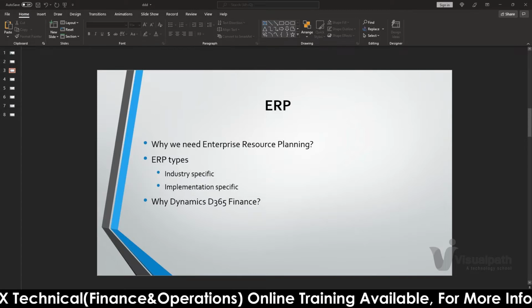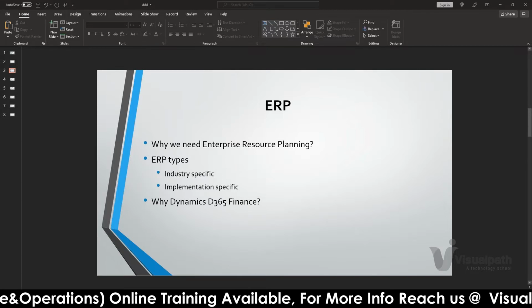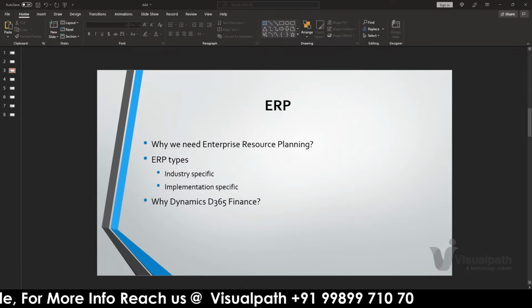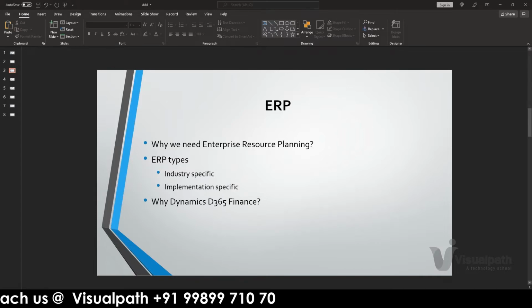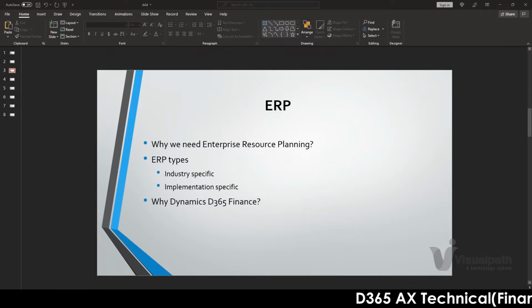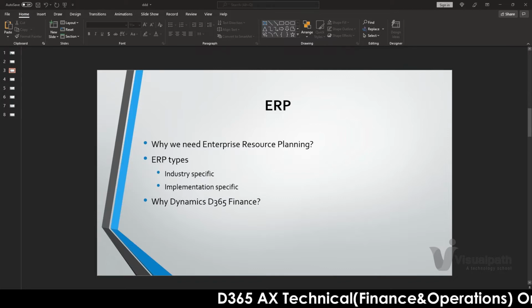So they have their own ERP so that they can keep track of their sales. They can keep track of how the packages and the orders are coming into their stores, and they will consolidate it all together by end of the day or quarterly.